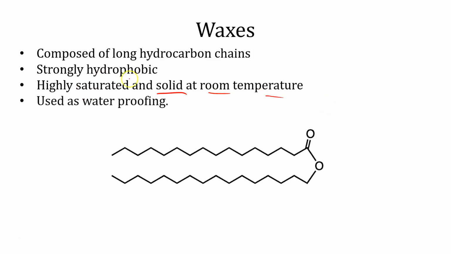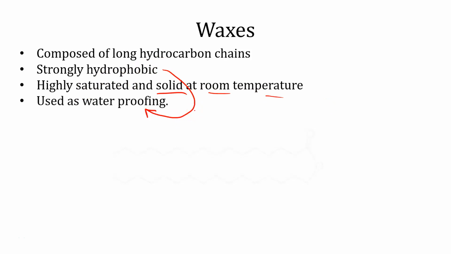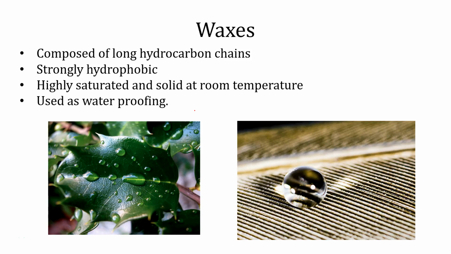And because they are so hydrophobic, they're often used in nature for waterproofing. Even as humans, we have found ways to use waxes to waterproof things. But in nature, a couple of good examples: there's usually a waxy covering on the surface of leaves, and that's good because it keeps the water that's inside the leaf from escaping. But as a consequence of that, you can see that some water will bead up on the top of